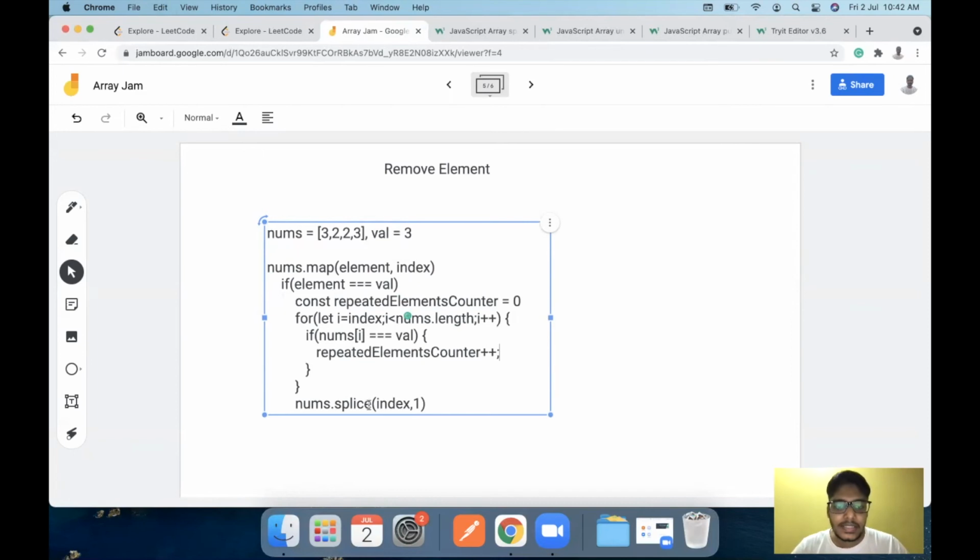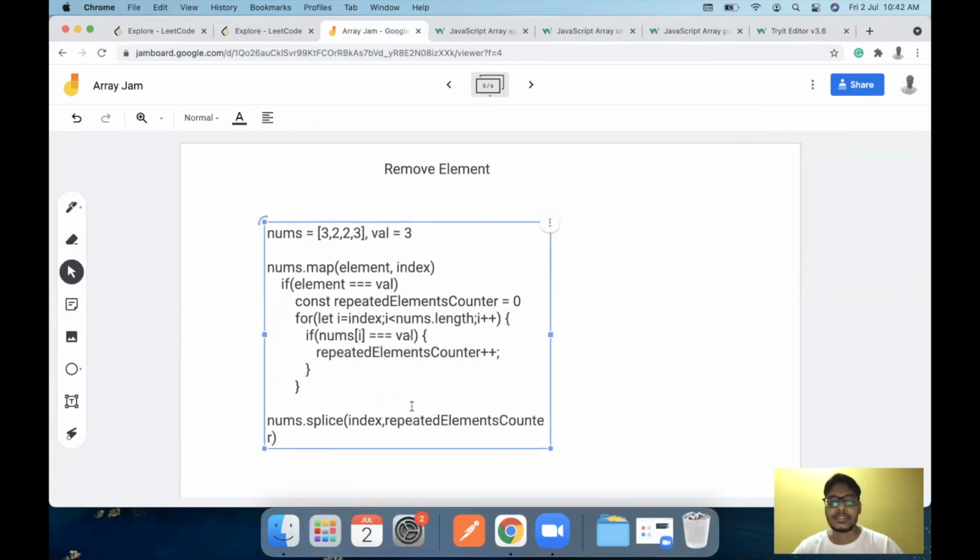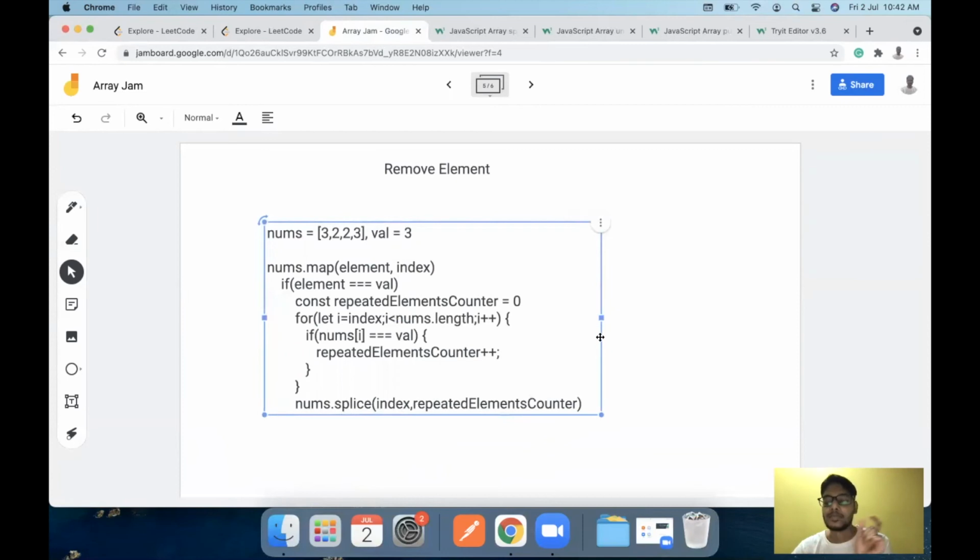Now, after the for loop is completed, we get all the repeated elements after the current index and we pass that to our splice operation. That is, the repeated elements counter is passed to the splice operation so that all the repeated elements get removed in a single pass, because this splice operation can not only remove one element but it can remove all the repeated elements in one go. And this is how you can solve the repeated operations kind of a thing, and this is how the solution can be done as well.